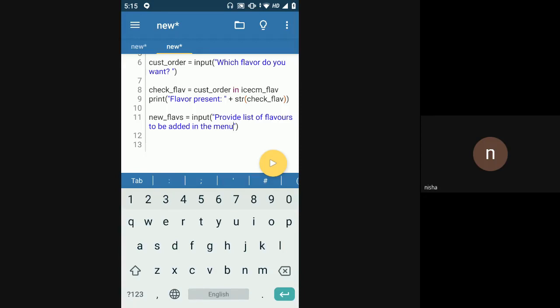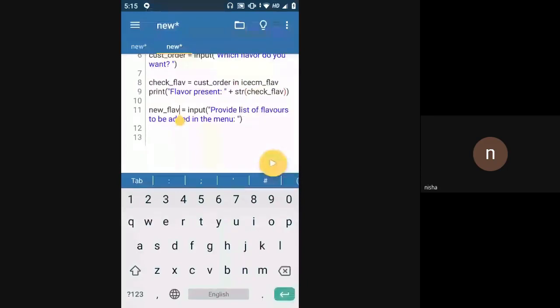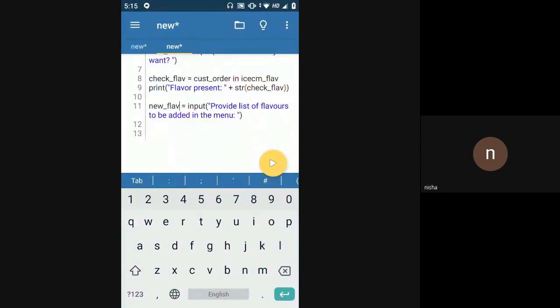Now when you are trying to accept a list from the user, right now let's just consider one flavor. We'll say you provide only one flavor which you want me to put inside my menu. So provide one flavor to be added on the menu. You're taking one flavor from the user and you're going to add it inside your menu.